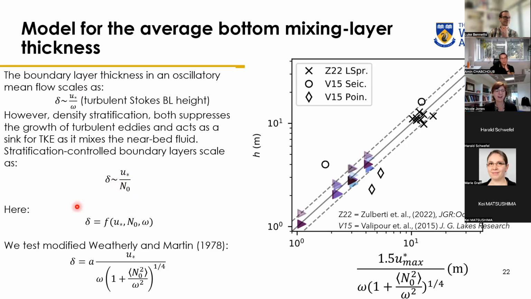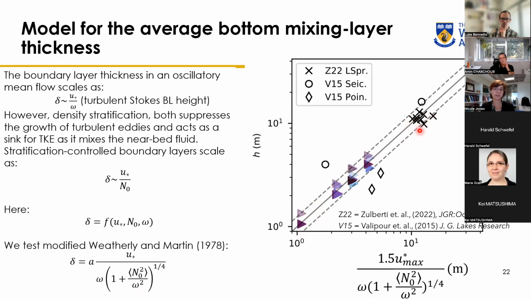So what we see is that we have a boundary layer that's a function of the bed shear stress, the stratification, and also the forcing frequency. And so we took this model that was developed for Ekman boundary layers initially and replaced the Coriolis frequency with the forcing frequency of the tide in this equation, and tested it both with the LES data, which is the coloured triangles here,